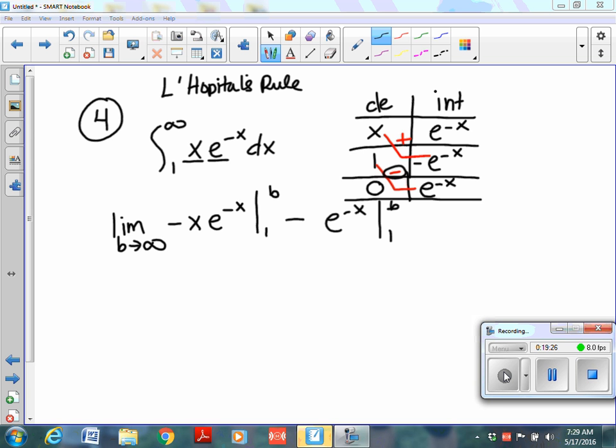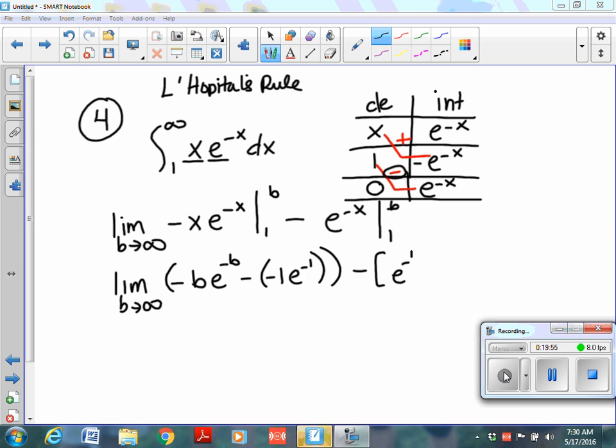Okay, so this is going to give you the limit as b approaches infinity of a negative b e to the negative b, minus a negative 1 e to the negative 1. And then you're going to put a minus e to the negative b, minus e to the negative 1. Wow. Okay, so that's going to end up being,